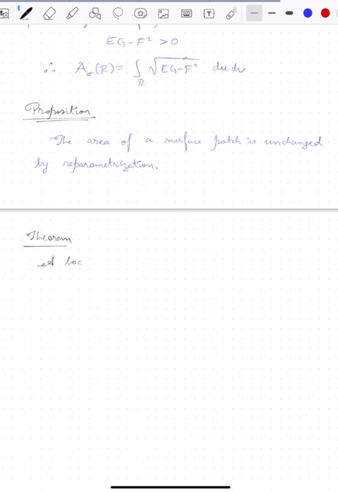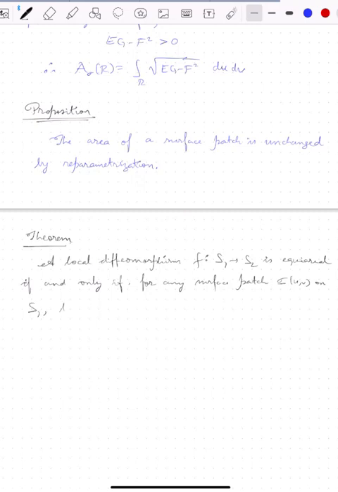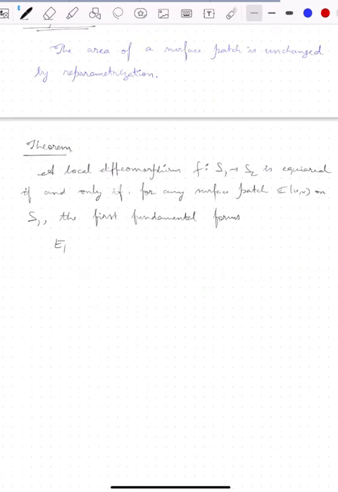It says that a local diffeomorphism f from S1 to S2 is equiareal if and only if, for any surface patch sigma vector u comma v on S1, the first fundamental forms E1 du squared plus 2F1 du dv plus G1 dv squared